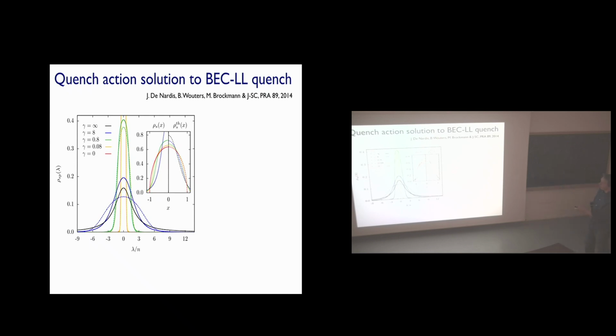And one of the things that you can do is compare these distributions to what you would get if you were only doing a Gibbs ensemble. Namely, you have an equilibrium state at an effective temperature reproducing for you the energy content that you know exists in this model. So this is a proof that the steady state is non-thermal.